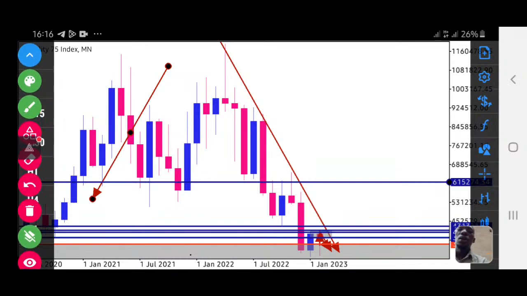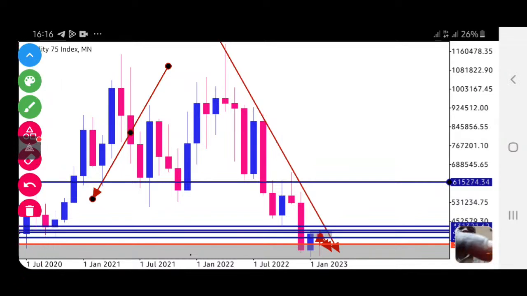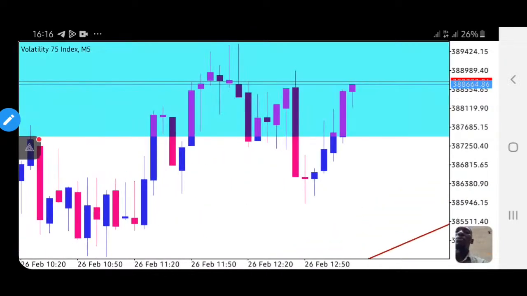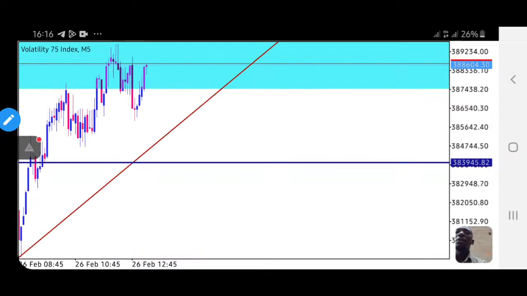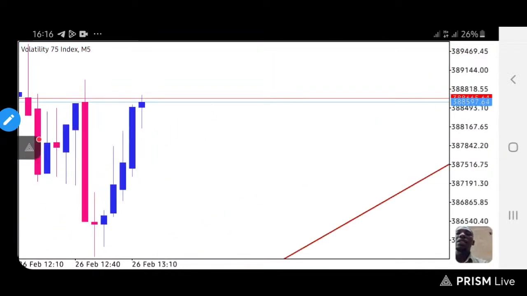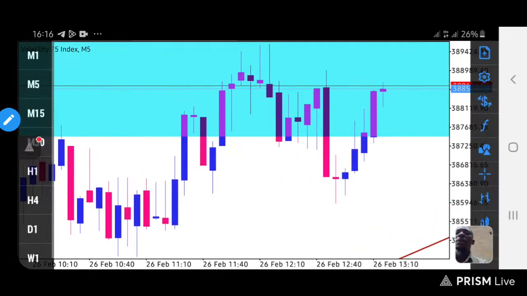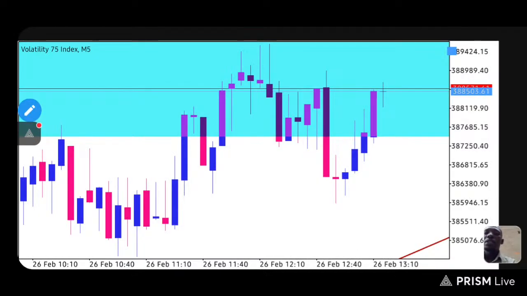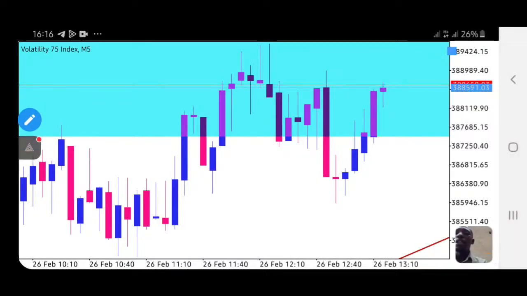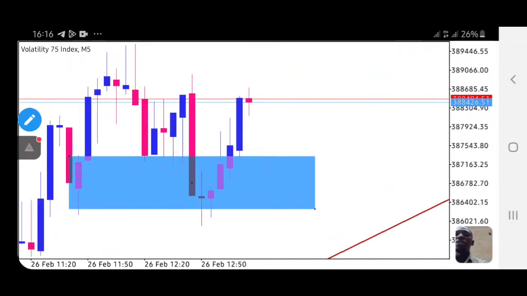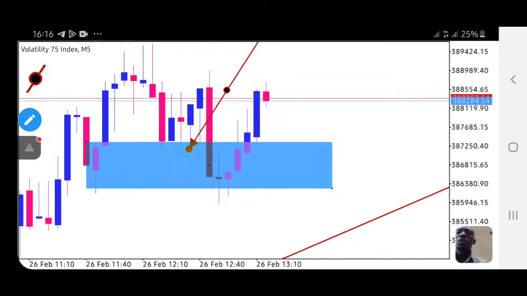So as well, if we go directly to minute 5, we can see what is happening right now. The market is still struggling, guys. On H5, the market is doing what? Look at this, guys. The market doesn't know where to go. It's making an equal, a little bit, guys.